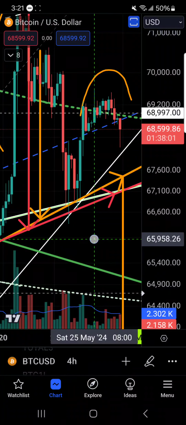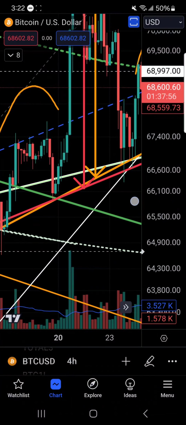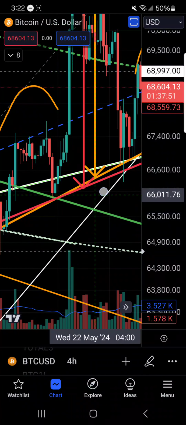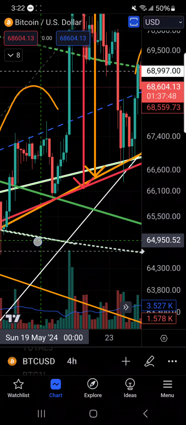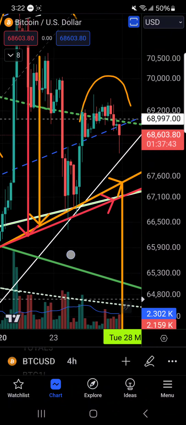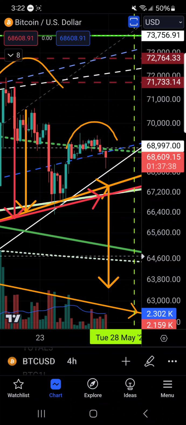So, you can't just take the furthest point on each neckline, at the points between the shoulder and the head, or the outside parts of the shoulder, because those don't match up either. But I'm trying to get that as close as I can. Regardless, we shall see what happens once price action gets there, because I don't know. I just don't know.